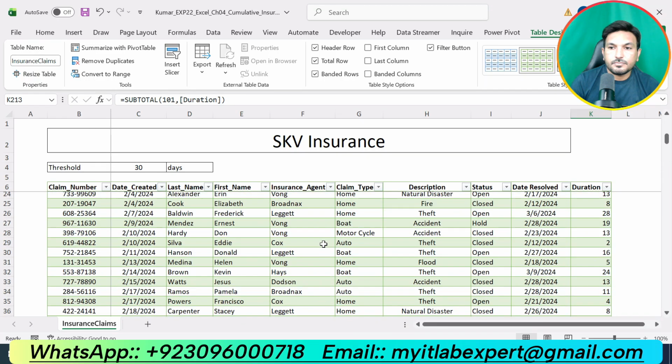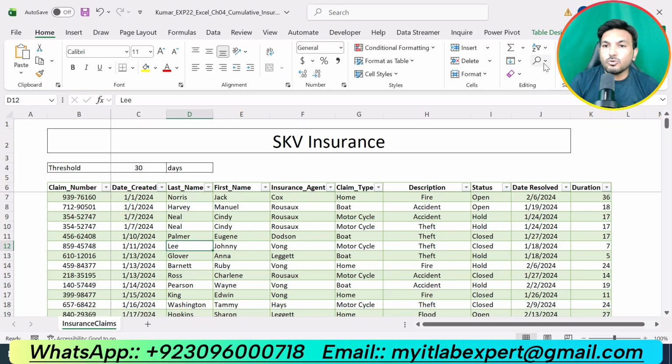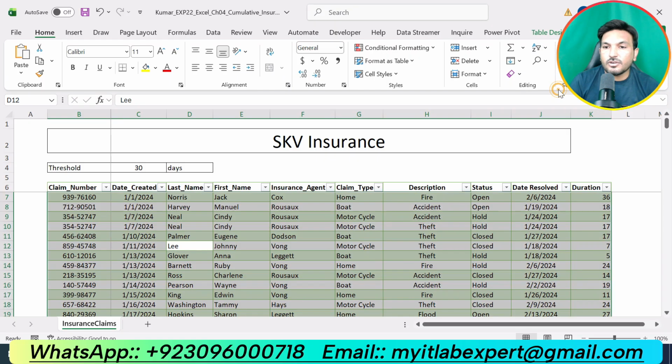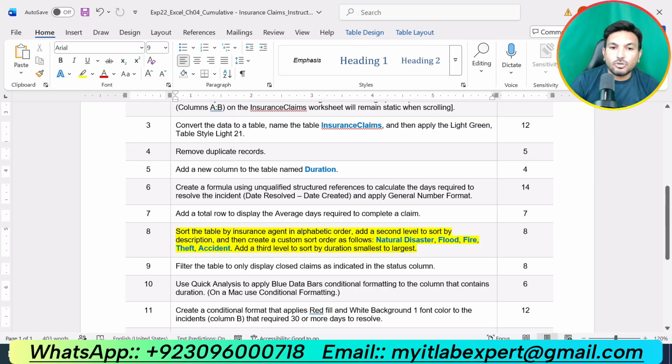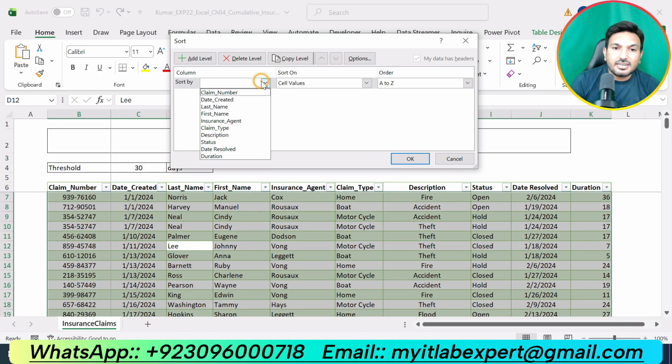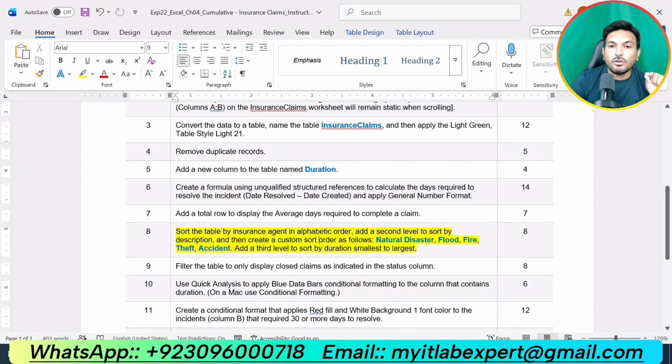Click anywhere in the table, click the Home tab, go to Editing and select Custom Sort from here. So now our first level is by insurance agent, and this should be in alphabetical order, that means A to Z. So we will select insurance agent here, and the order should be alphabetical, that is A to Z. Now we are supposed to add the next level. So add a level, and then we are supposed to sort by